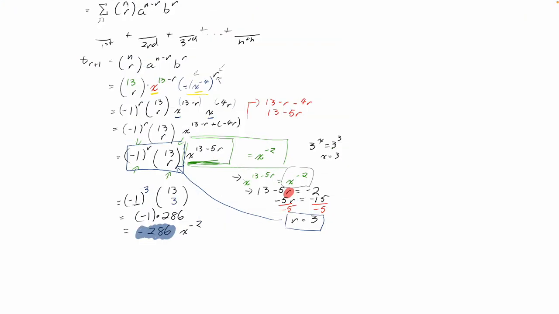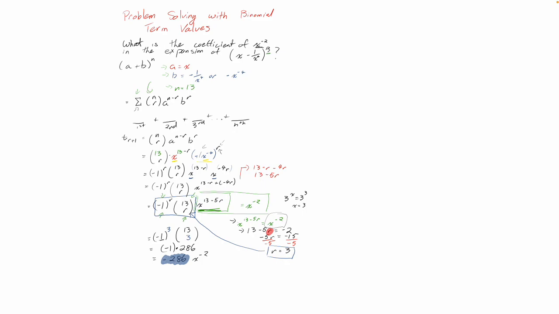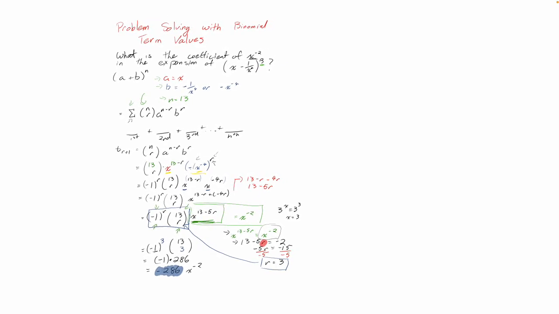So in retrospect, to be dead honest, I still think the expansion of this might have been a faster way to do it than this algorithm we built. Again, if you know the algorithm off the top of your head, you might go, I can build this really quickly. But this algorithm is also seldomly used. So the expansion, assuming it's not too large of an exponent, it might be faster just to expand and solve a question like